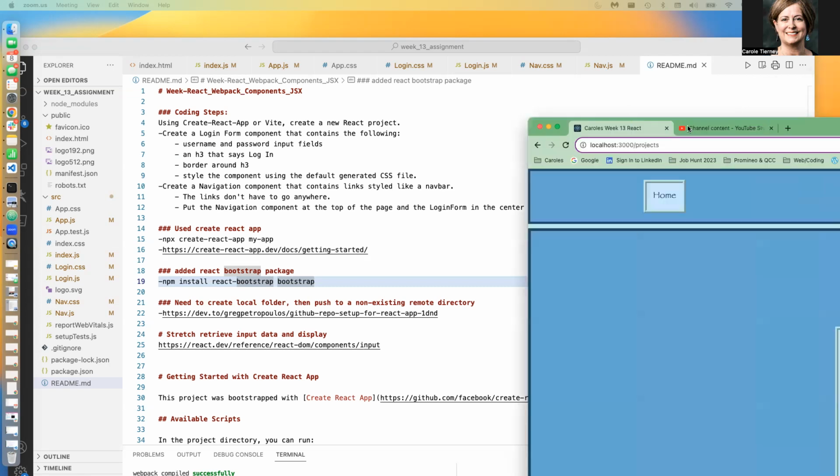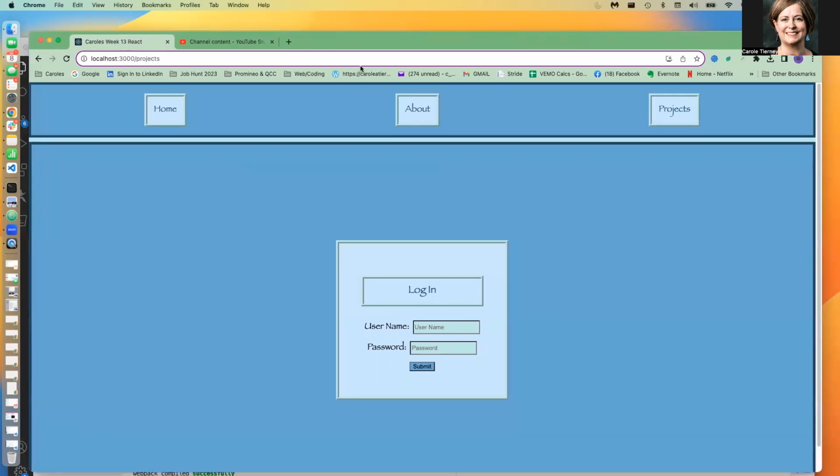So quickly, this is the website. We have the navigation bar at the top and we have the login centered. The links don't go anywhere. And the login has a border like was defined as part of the assignment. There's a username input, a password input, and then a submit that goes nowhere. And that right here is the